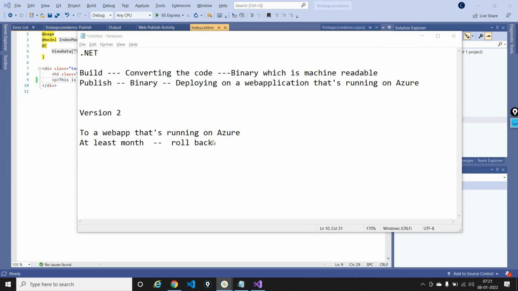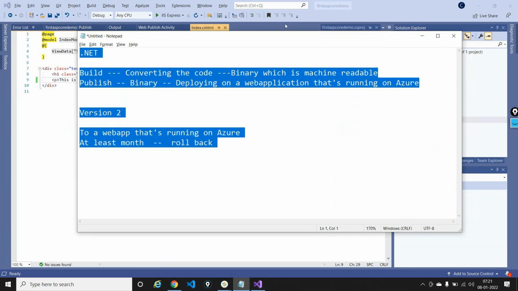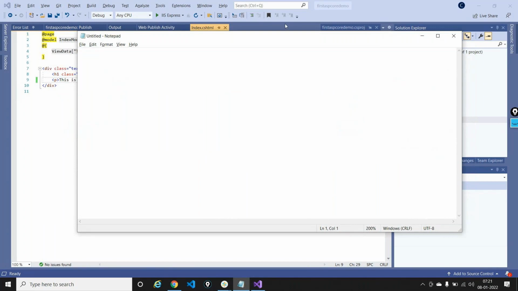So let's understand a couple of issues out here. Now, what's happening with this process? What is the biggest drawback of this process? Firstly, I'll say this is testing. When the developer is developing the code, the testing is happening on the local machine where I build the code, and I'm certifying that the code is good.